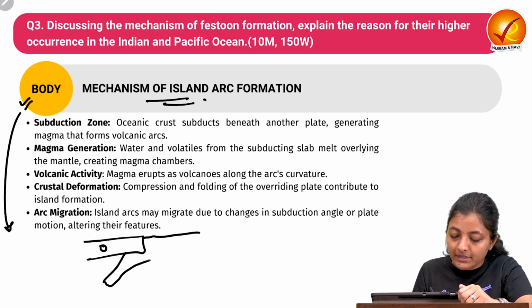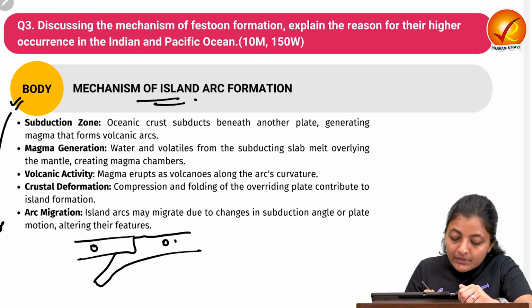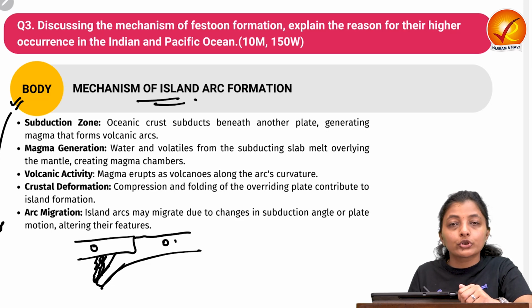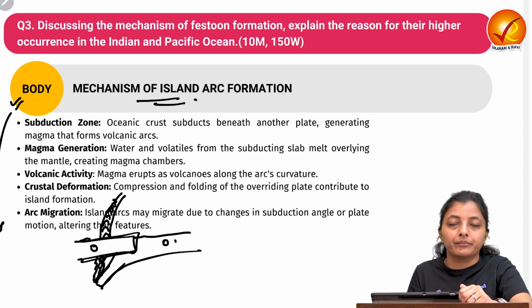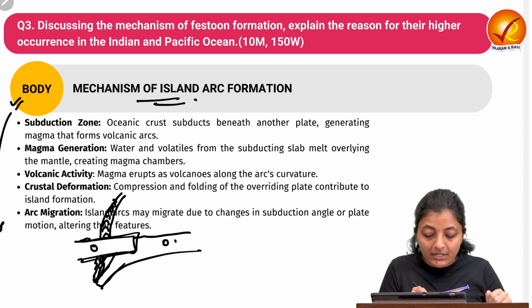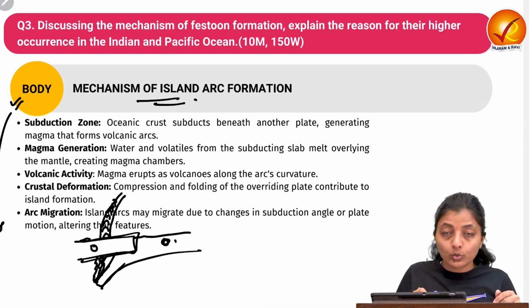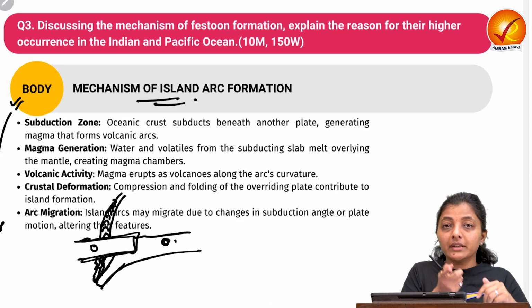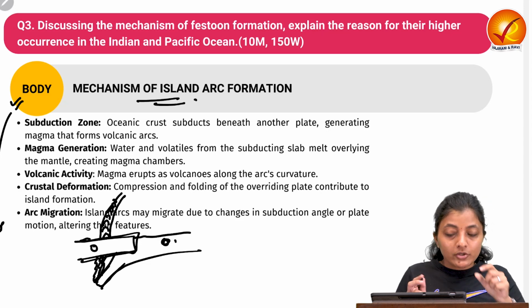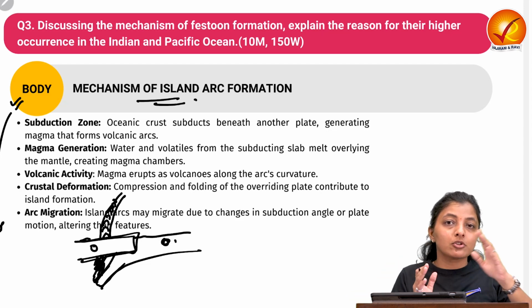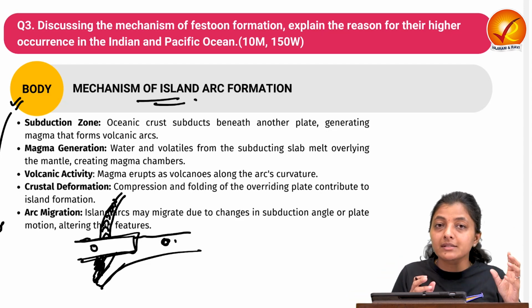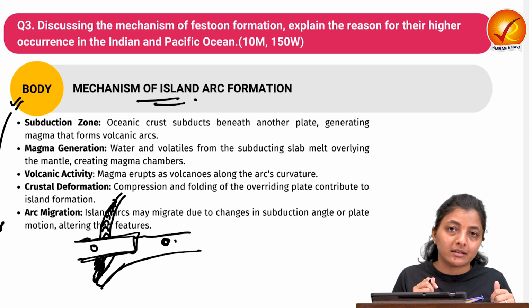Okay, so after this subduction, what happens is, this is the oceanic plate. Now this oceanic plate is subducting over here. This results in the partial melting of this slab of ocean and results in the formation of the volcanic arc on this oceanic plate. We have also seen the subduction of the oceanic plate beneath the continental plate in the fold mountains. So when this partial melting and volcanic arc formation happens on the continental plate, that results in the formation of the continental arc.